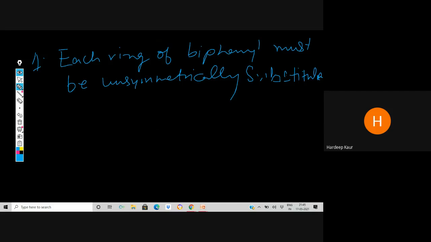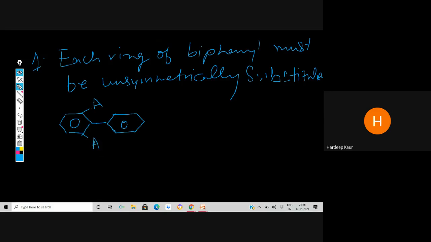Right? So the system we require has a structure like this. The two rings are perpendicular to each other. So unsymmetrical substitution is needed. Unsymmetrical means, let us consider 2-3